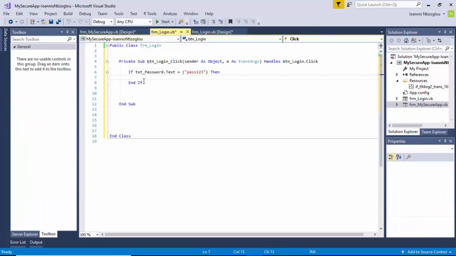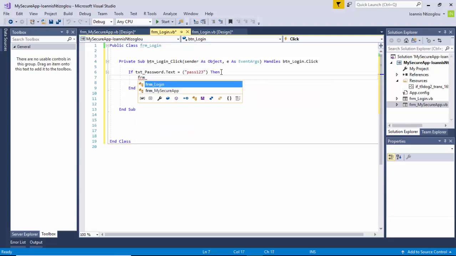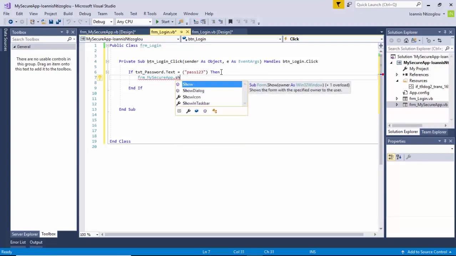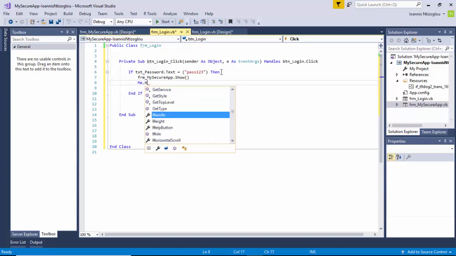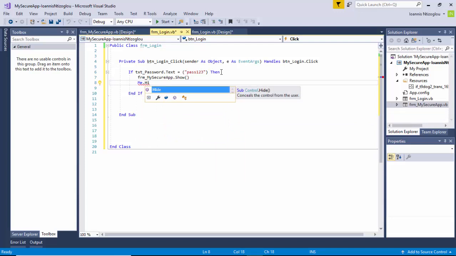by double clicking the button. So I will say if the text txt password.text equals this, then I want to show the FRM underscore my secure app dot show, open brackets, close brackets. Now then I would like me dot hide. I want the current form, the login form, to hide,